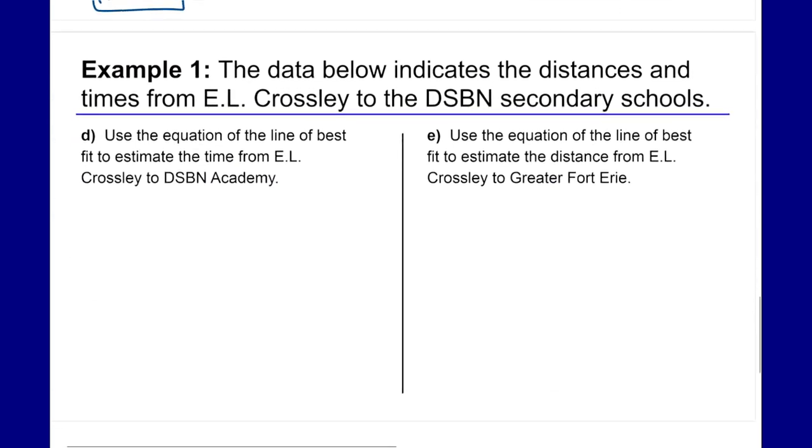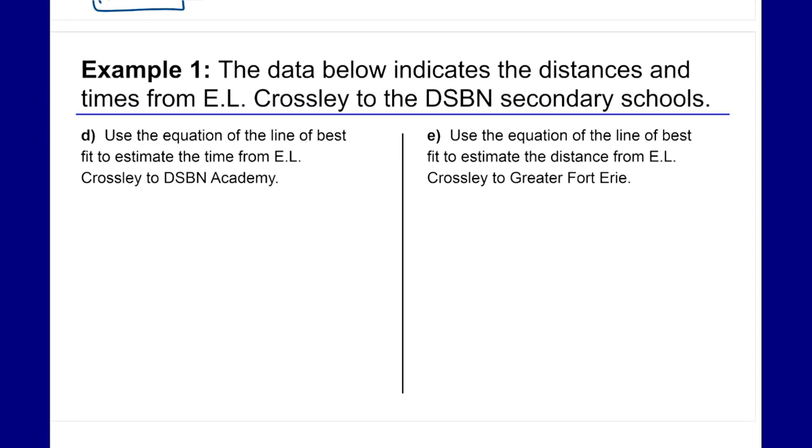Now, lastly, we did have two missing pieces of information, right? We didn't have the time to get to DSBN Academy. We only had the distance. And for Fort Erie, we had the time, but not the distance. So what we're going to do now, and the whole reason we came up with this line of best fit,